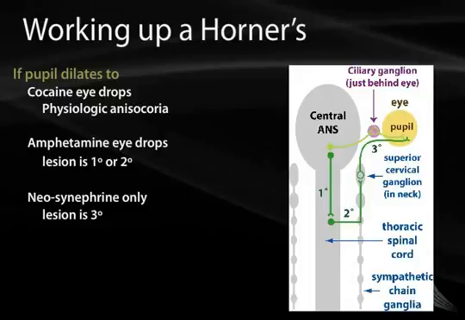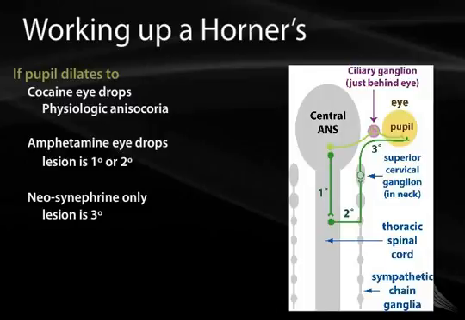pupillary dilation. The parasympathetic innervation of the eye emerges from the oculomotor nerve. The oculomotor nerve, the third cranial nerve, will carry this parasympathetic innervation of the eye and will innervate the ciliary ganglion. The ciliary ganglion is located just behind the eye, and there you will find the postganglionic neuron which innervates the eye